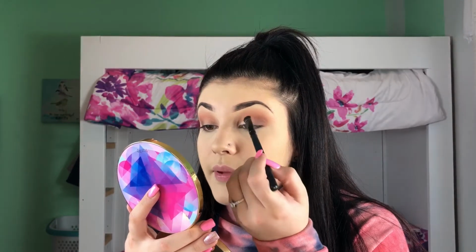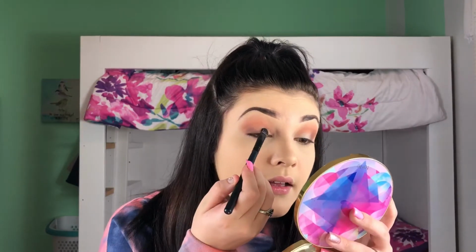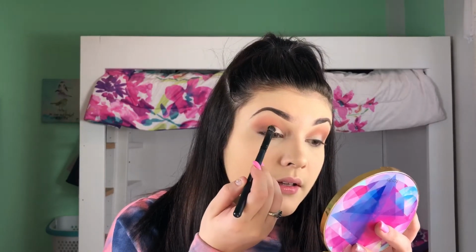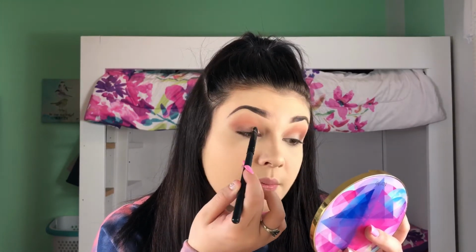Anyways, I'm just going to pat that on my lid, just the front half of it, and blend it into that brown color I took before. I'm going to do the same thing on the other side. And this is just to lighten it up, make it look a little less messy with the colors that you had put in your crease before,